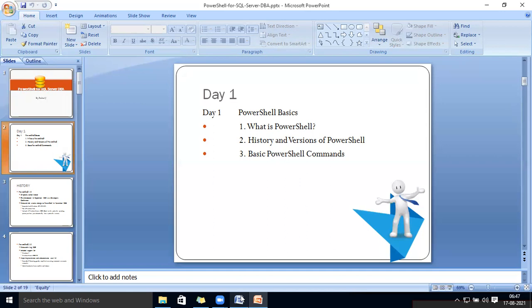Okay. So what is actually this PowerShell? Don't think that I am going to take you through a lot of theory. It is just for today only. After today, there will be no theory classes, but I'm going to give you a little bit. PowerShell is a tool developed by Microsoft for automation purposes. Here you can do multiple kinds of work like installation, database configuration, handling the error log, migration, etc.